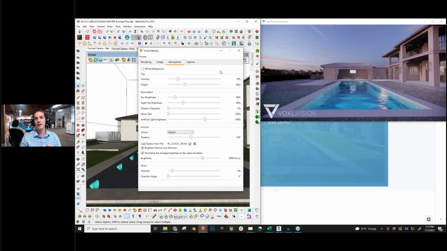The next thing you want to do is look at this with your assets loaded in. Now, we're going to go through how to load in assets today. I wanted to touch on lighting and things like this first. That way we got it out of the way. The goal would be to light your scene when you have your assets placed, trees, furniture, etc., because it really changes the way the